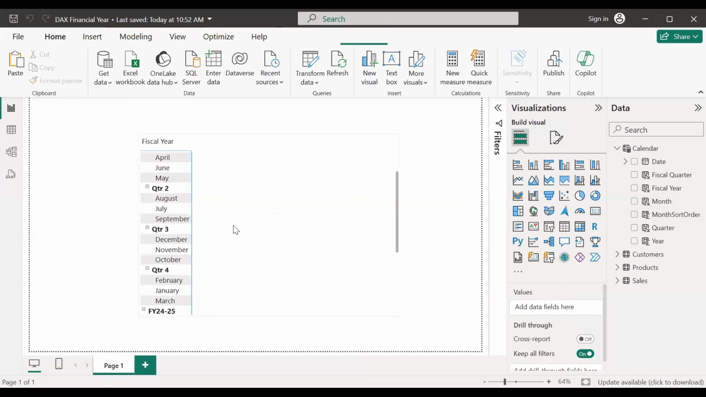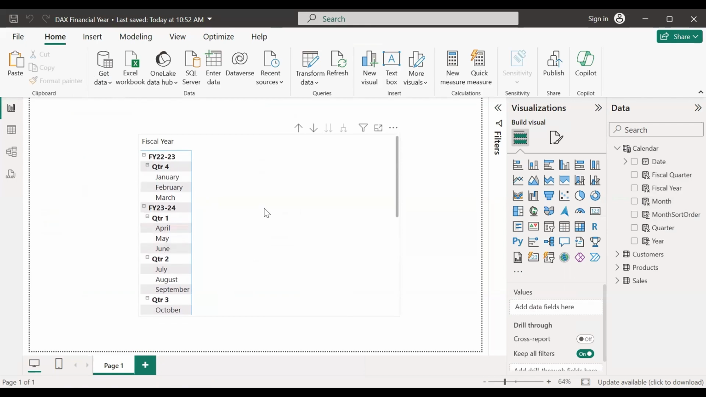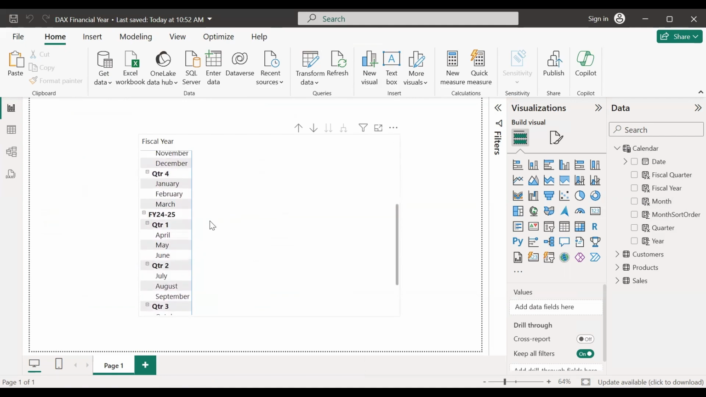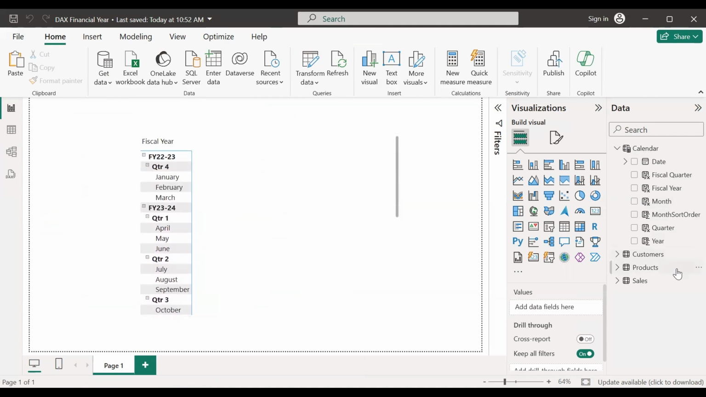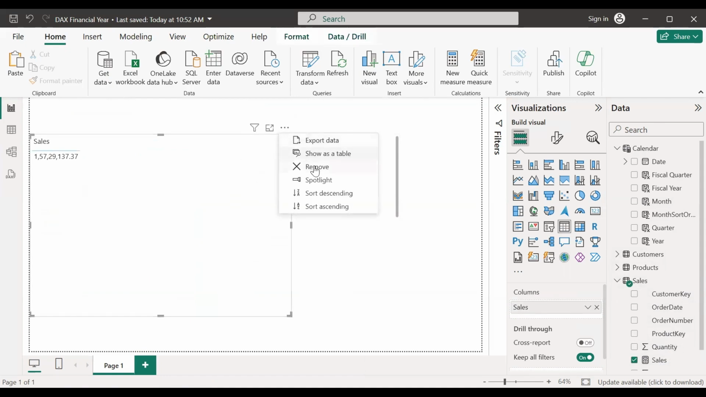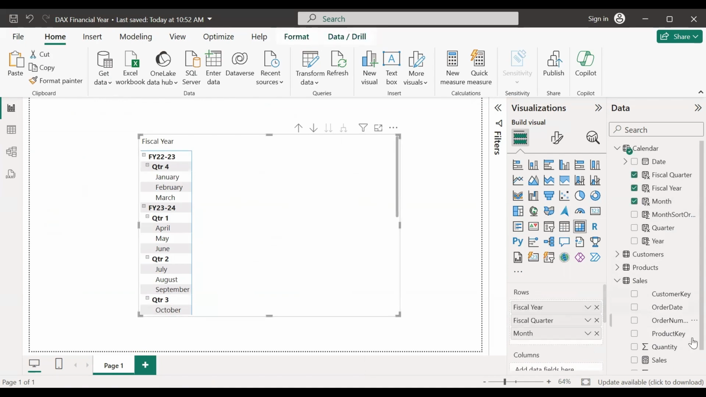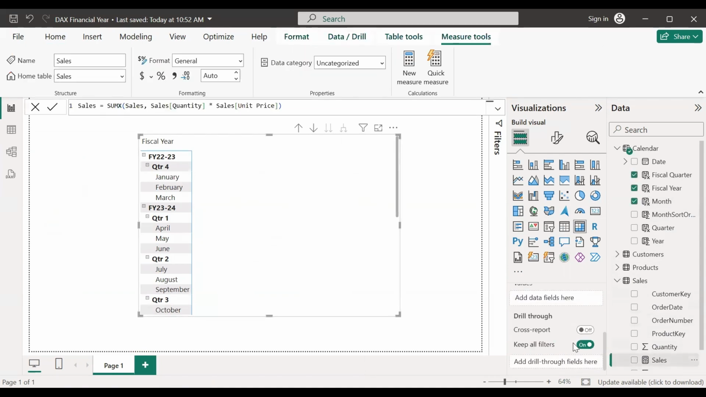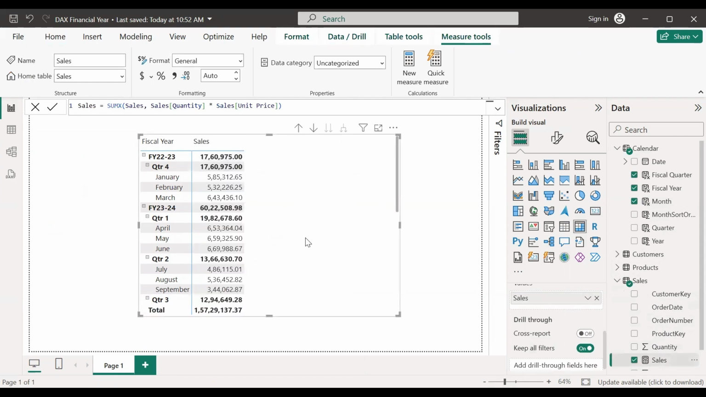If you go into the visual, the result would appear sorted now. So quarter four, January, February, March, then April, May, June, and everything will come in the proper sorted order. You can analyze your sales by these. Okay, so it will come in the